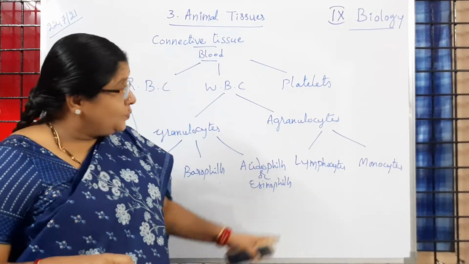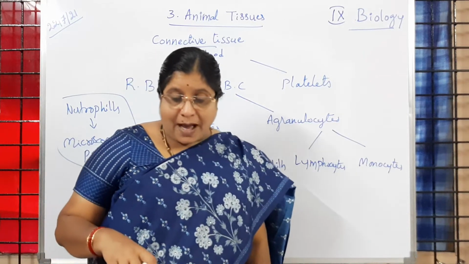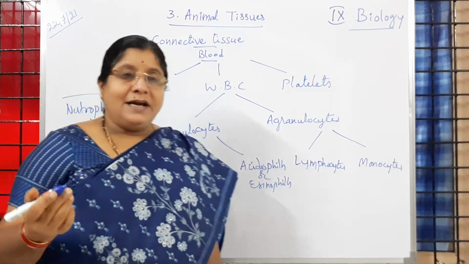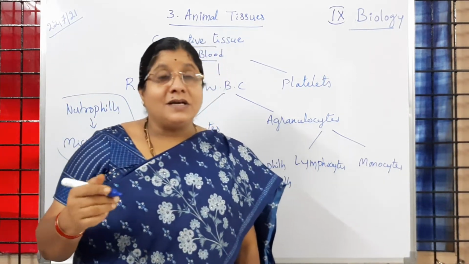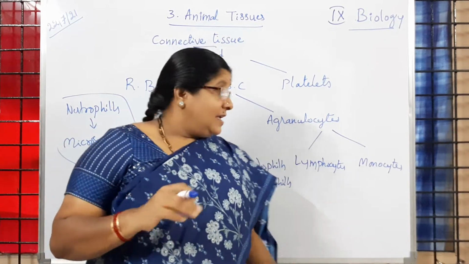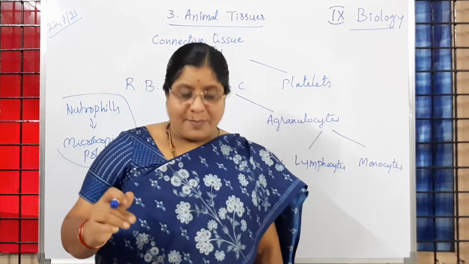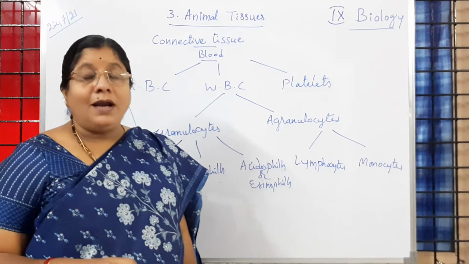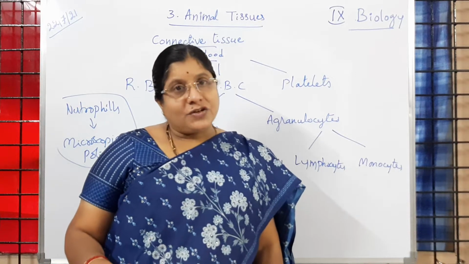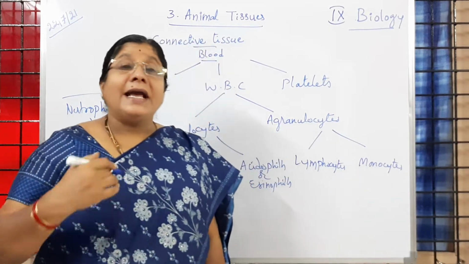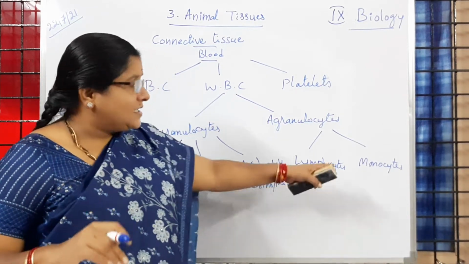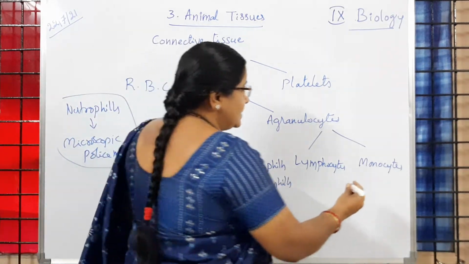So what do they do? These monocytes move like an amoeba. Amoeba, you know how it moves. It does not have any locomotory organs; just pseudopodia help in moving that microscopic organism, is it not, children? In our body, these monocytes move just like an amoeba, and they attack any kind of pathogen which enters the body, destroy it, and engulf it. Engulf means they digest that pathogen also. Is it clear to children?